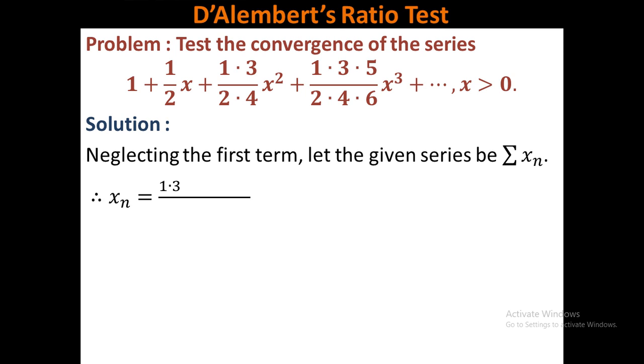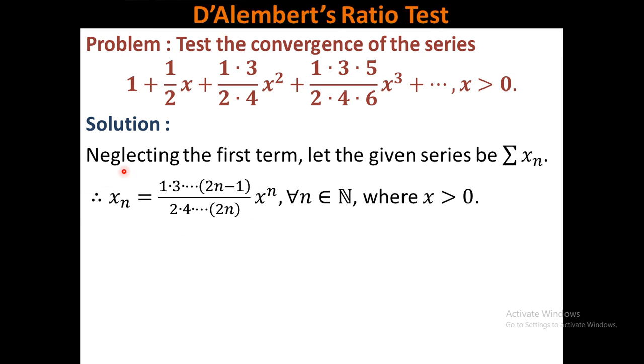Here I write down the general term xn equal to 1·3·(2n−1) by 2·4···2n in x to the power n. At first you have to take the general term. Again I repeat, in every term, first term this is 1, second term x square, third term x cube, as a result nth term xn, and numerator contains 1·3·5··· and ends with before 2n.